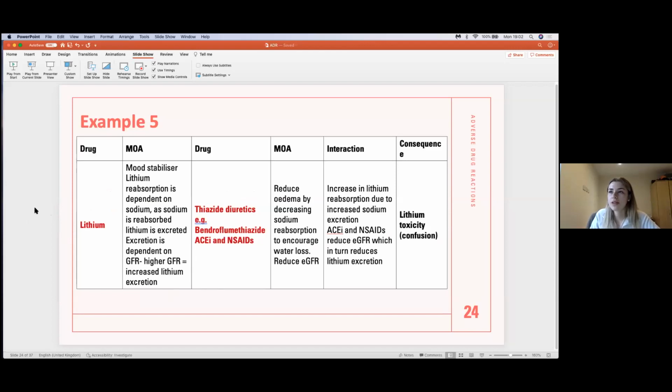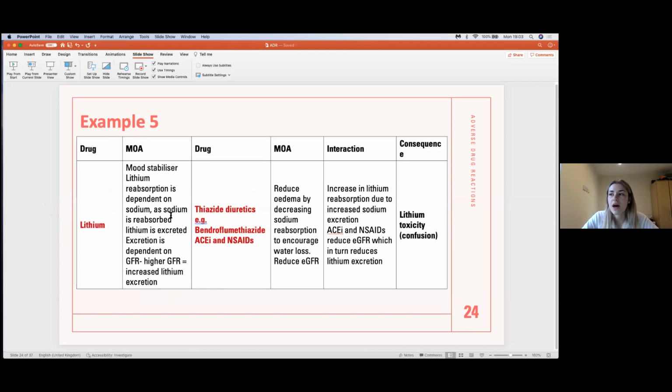Couple of the last examples now. So lithium, which is a mood stabilizer, you'll see that in psych quite a lot. And thiazide diuretics. So lithium reabsorption is dependent on sodium. Sodium is reabsorbed and lithium is excreted. Excretion is dependent on the GFR, and a high GFR will equal an increased lithium excretion. But thiazide diuretics reduce